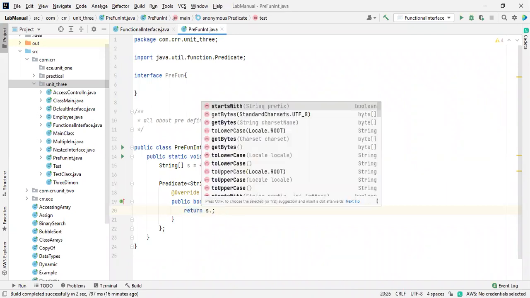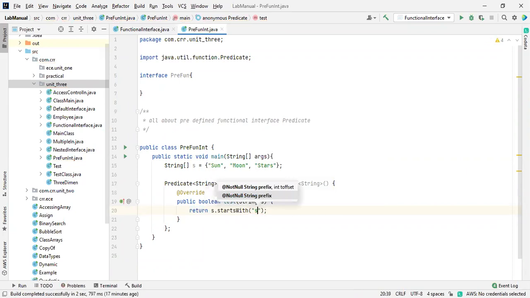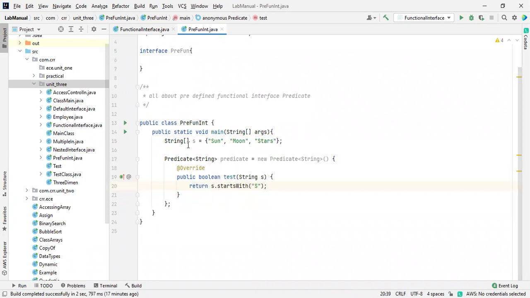Here s dot startsWith S. Here, the array consisting of these values, I'm passing the array values to the test method. And I'm asking it, if there is any value that starts with a capital S, please send it. Again, if there is any value starting with a capital S, please send it, because we only have a Boolean method inside a Predicate.